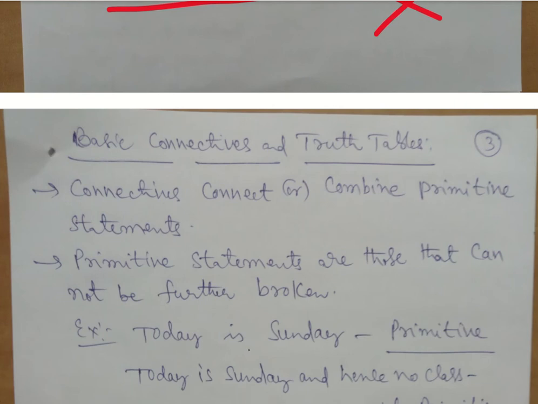So the next concept is basic connectives and truth tables. Truth tables is something which you have used extensively in semester 1 under the concept of fundamentals of computer organization, that is digital electronics. The same concept we are going to use, but here we are not using 0 and 1. If you want, you can use them, no doubt, but we will be using true or false, that is T and F. But if you are comfortable with 0 and 1, please go ahead with that. You can use 0 and 1 as well, no issue.